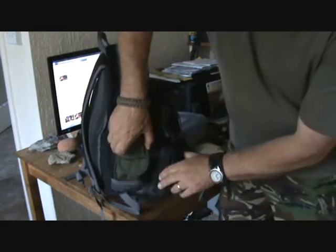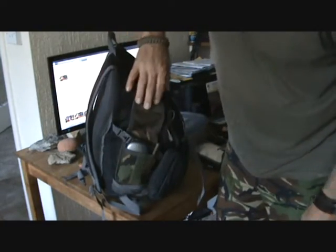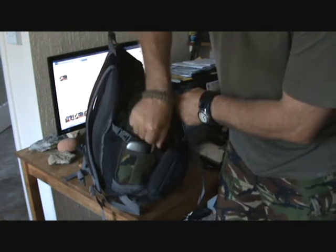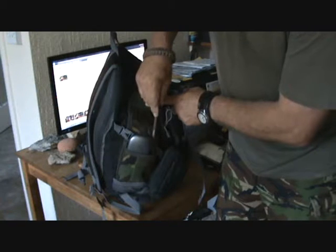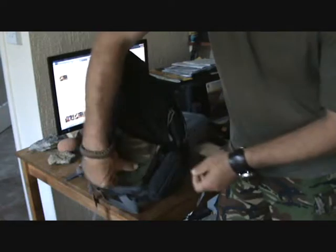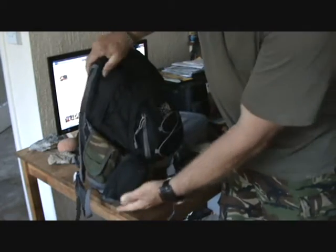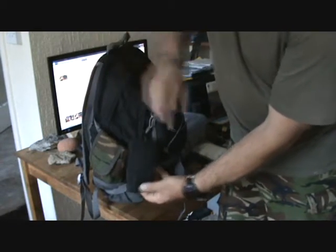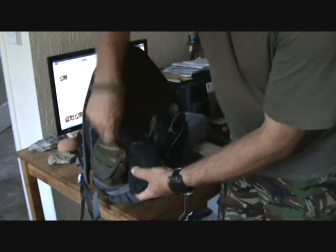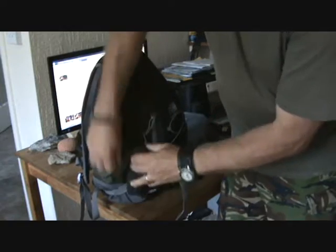On the other side I have a pouch, and in that pouch is where I carry my reading glasses and an eating utensil. Next to that pouch is another small pouch, which is some kind of telephone pouch or something, I think, cheap from down the market. And in this, easy access,